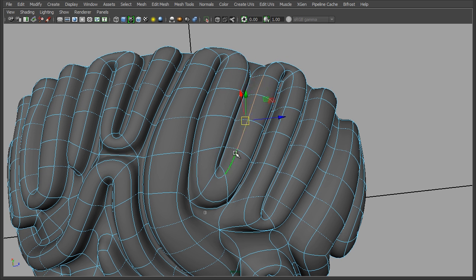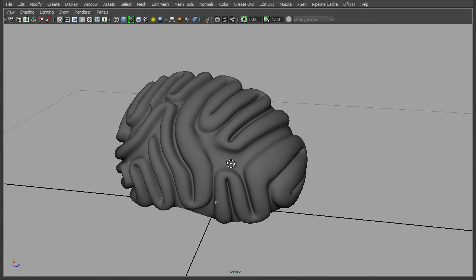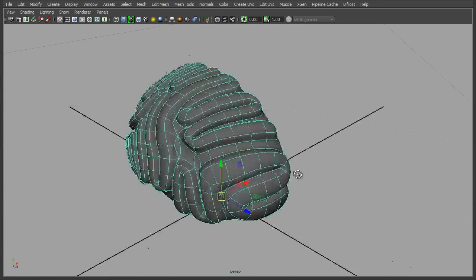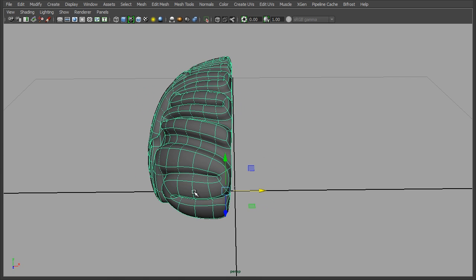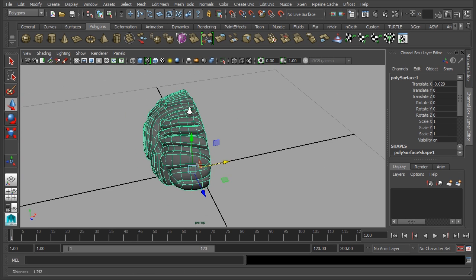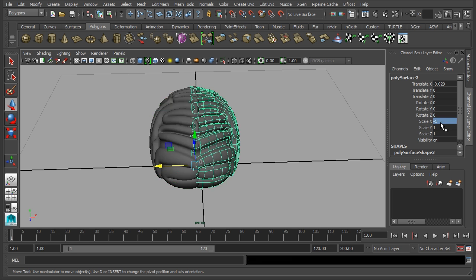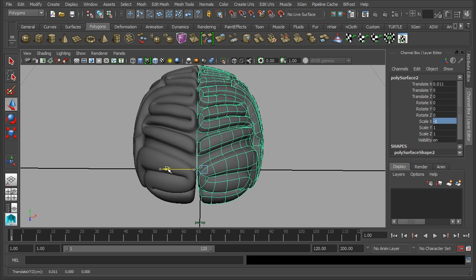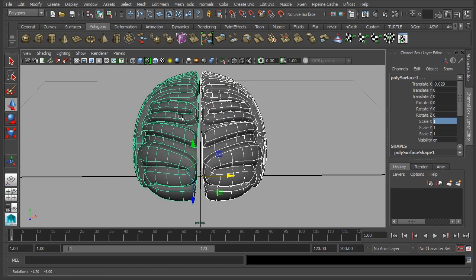Now I'm just doing this very quickly, but hopefully you get the general idea. Yeah, a lot of this needs a bit more cleaning up, a bit more tidying up. But what we can do now, once you're a bit happier with that area there, is we can always go in and create the opposite side. Now I'm not going to use the mirror cut or anything like that. I'm just going to use the traditional route, because I want full control over what gets welded in between here. So just going to